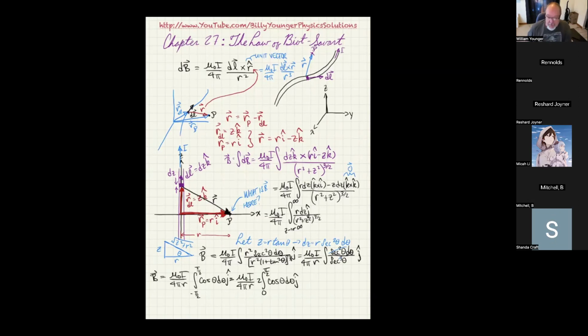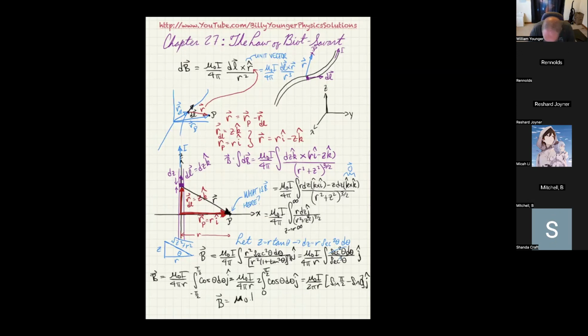Of course, the derivative of sine is cosine, so the integral of cosine is sine. So what I now have is mu 0 I over 2 pi r times the sine of pi over 2 minus the sine of 0 times j hat. And of course, the sine of pi over 2 is just 1. So ultimately, I get B is equal to